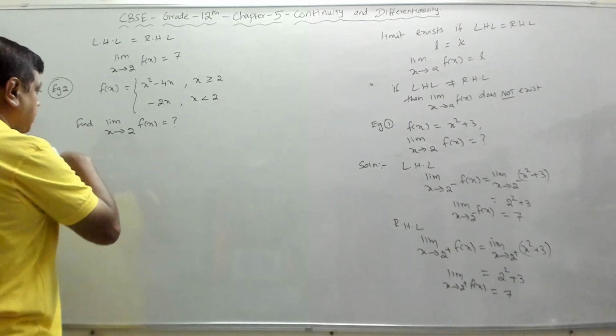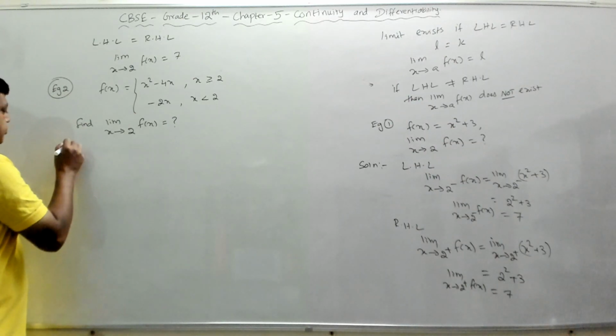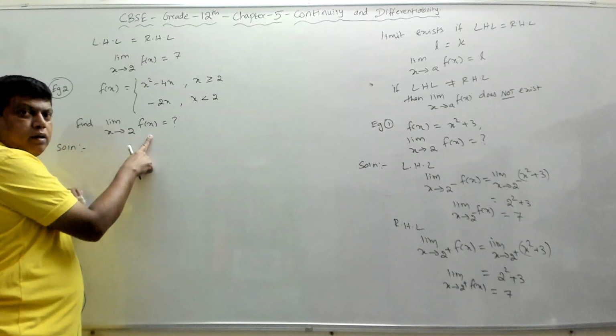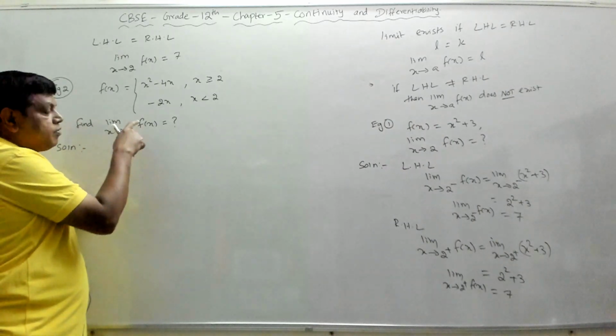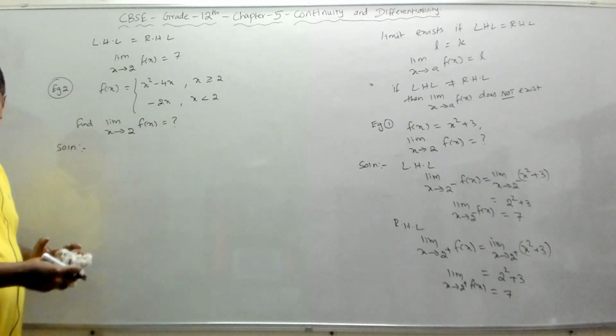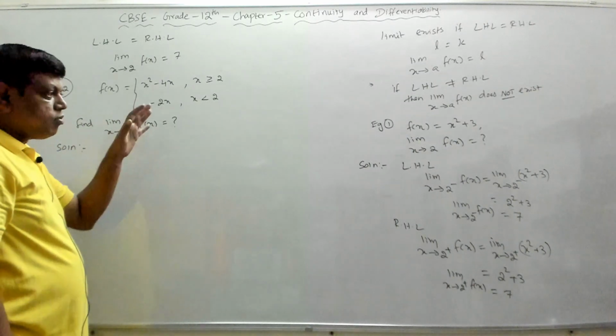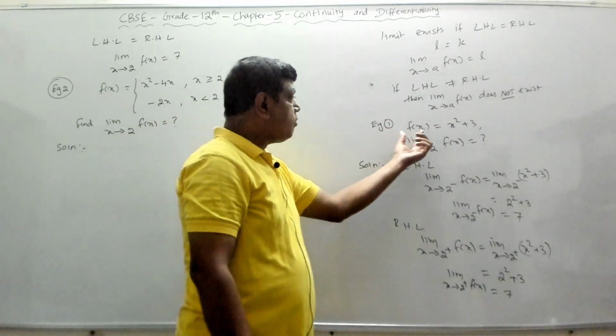What is f of x? Now the solution: to find the limit as x goes to 2 of f of x, we must find the left hand limit and the right hand limit. We can go for all the cases, but generally when f of x is only a single function,